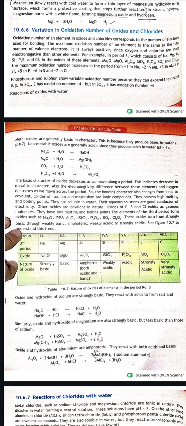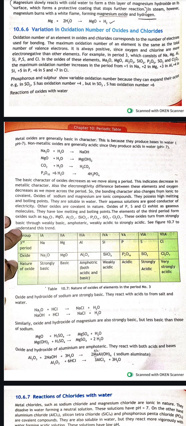There are variations in the oxidation number of oxides and chlorides. Let's see. The oxidation number of an element in oxides and chlorides corresponds to the number of electrons used for bonding. The maximum oxidation number of an element is the same as the total number of valence electrons. It is always positive, since oxygen and chlorine are more electronegative than other elements. For example, period 3 consists of sodium, magnesium, aluminium, silicon, phosphorus, sulfur and chlorine. In the oxides of these elements, we have sodium oxide, magnesium oxide, aluminium oxide, silicon oxide, phosphorus pentoxide, sulfur trioxide, and